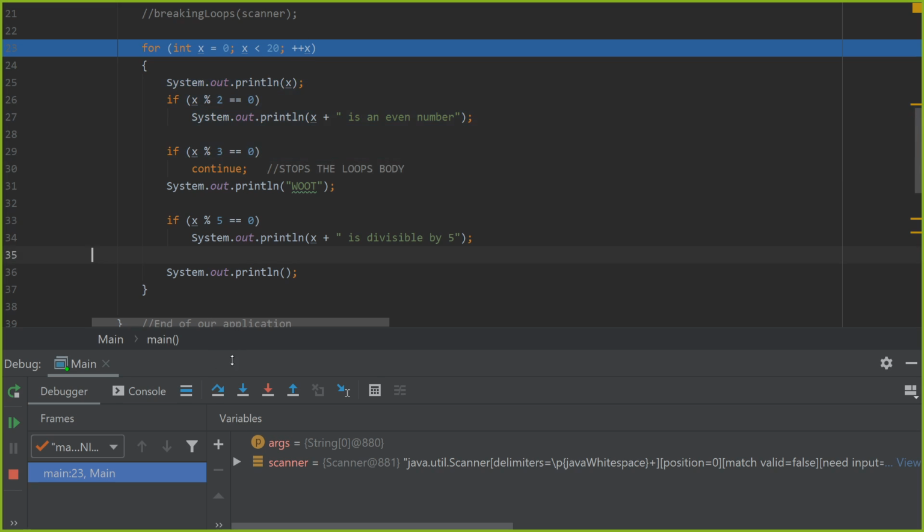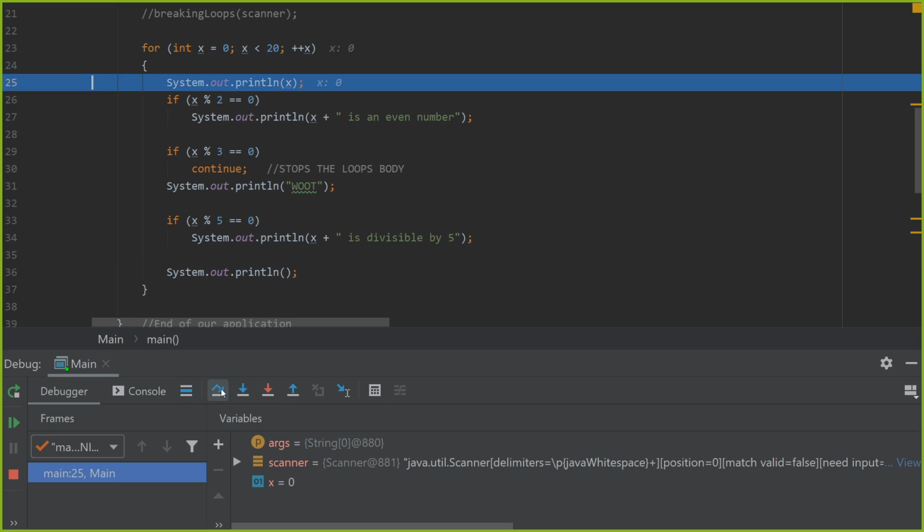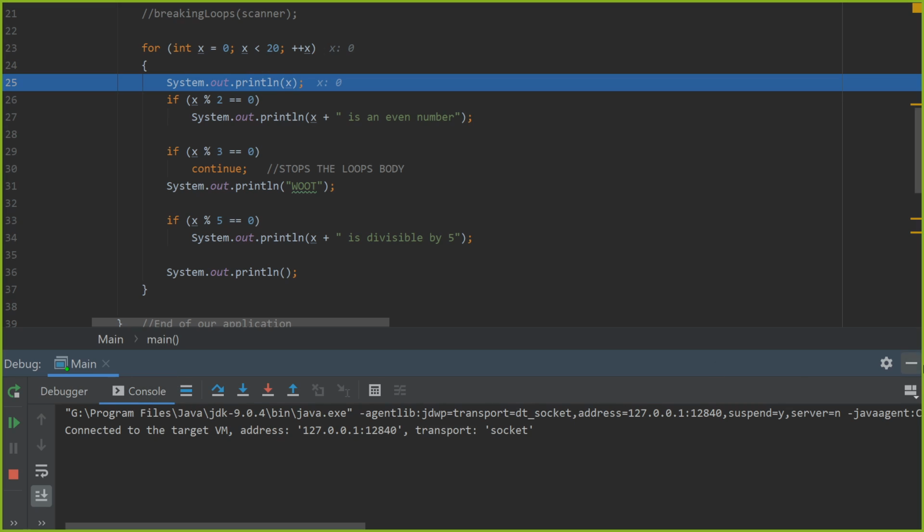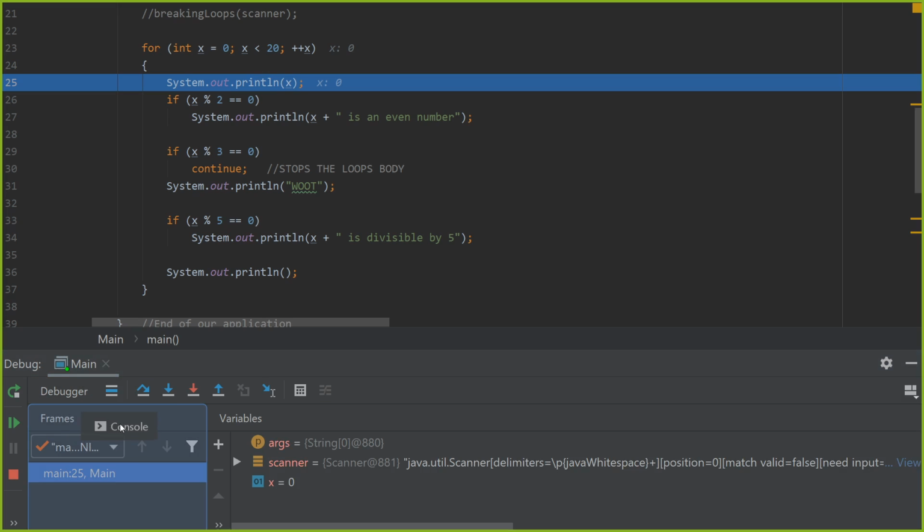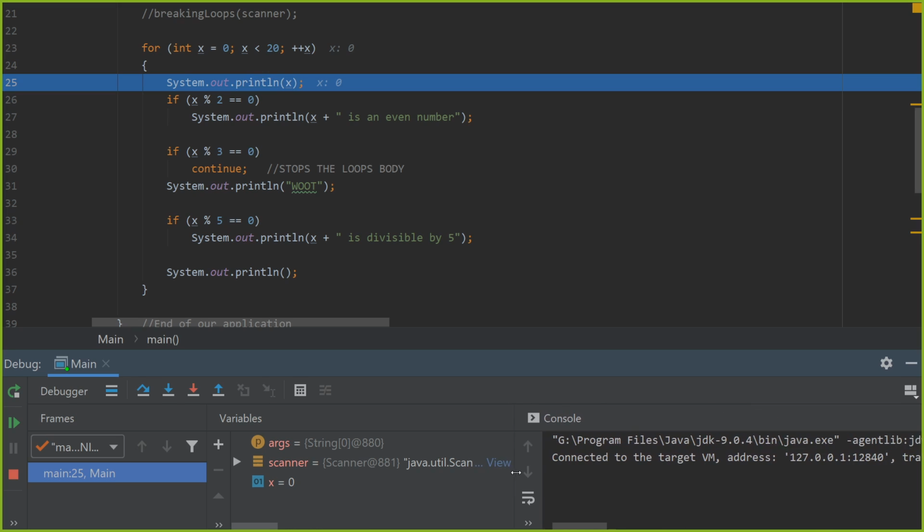So let's start this. I press step over. Notice x got created, x was less than 20, so it comes in the body. Let me see if I could put the console layout settings. Can I put this here? Okay. This is going to look a bit better for you guys. So I have the variable x. We're at line 25. So as soon as I do line 25, on my console it should show me